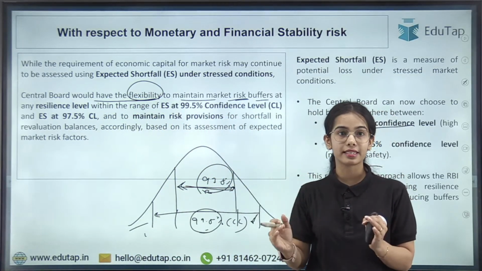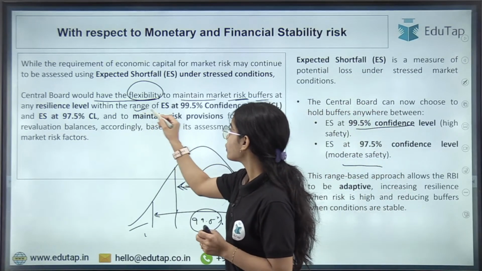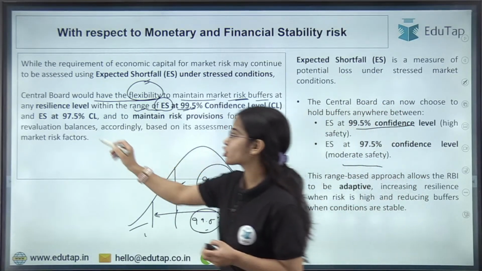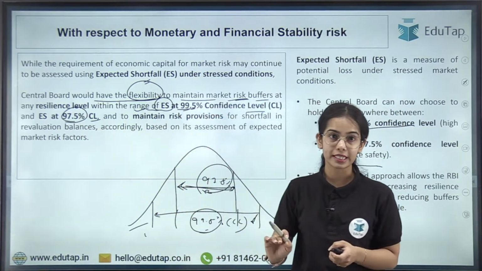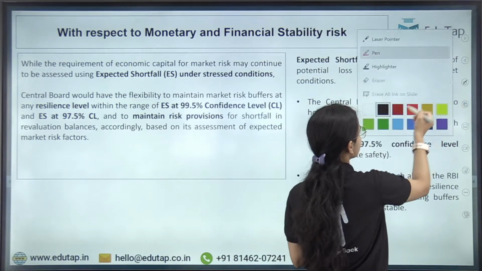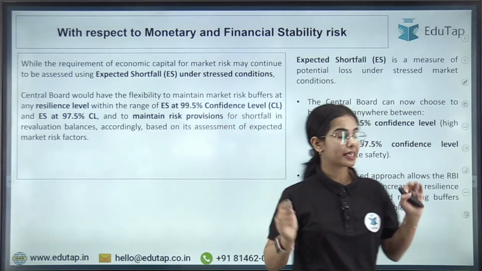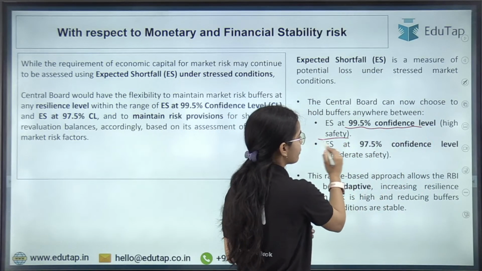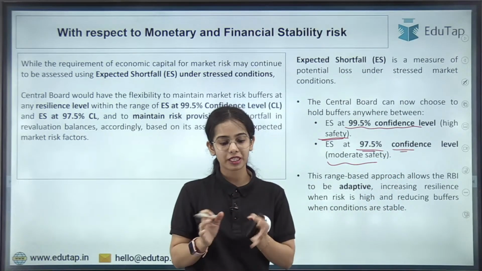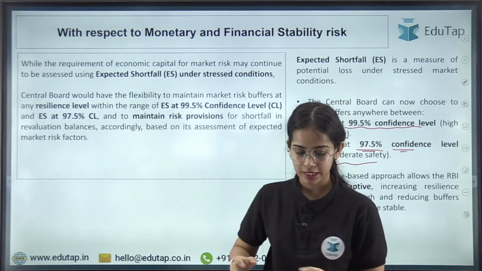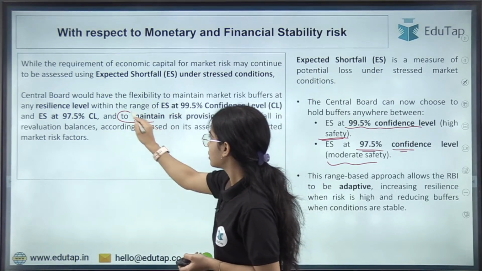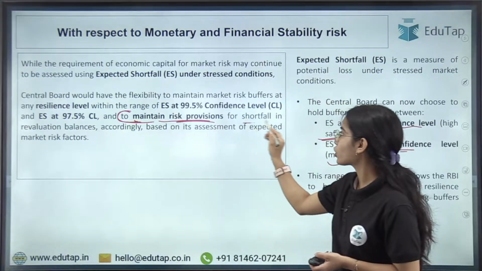buffers at any resilience level within the range of expected shortfall at 99.5% confidence level and expected shortfall at 97.5% of the confidence level. So 99.5% of confidence level will show that there is high safety. So 99.5% of confidence level is high safety, 97.5% confidence level is moderate safety. Okay, so the RBI has the flexibility to choose between these two confidence levels. Okay, so this is the idea, to maintain, as well as the RBI will have the power to maintain the risk provisions for the shortfall